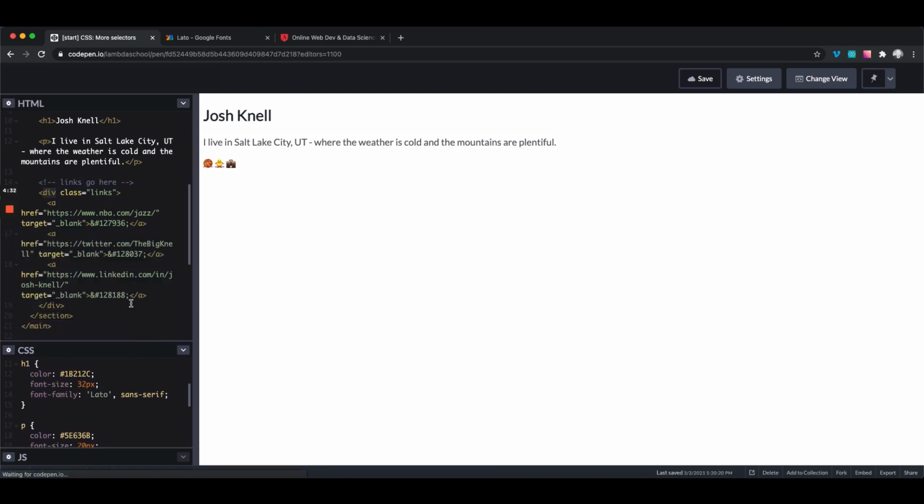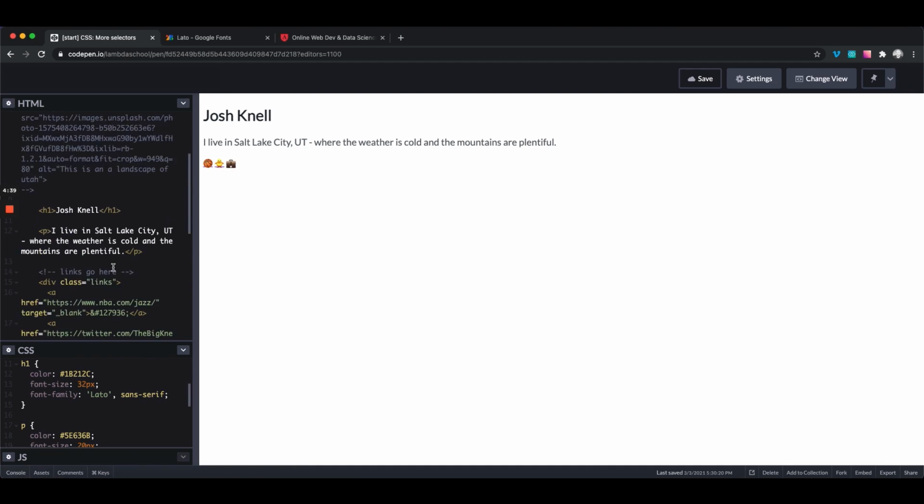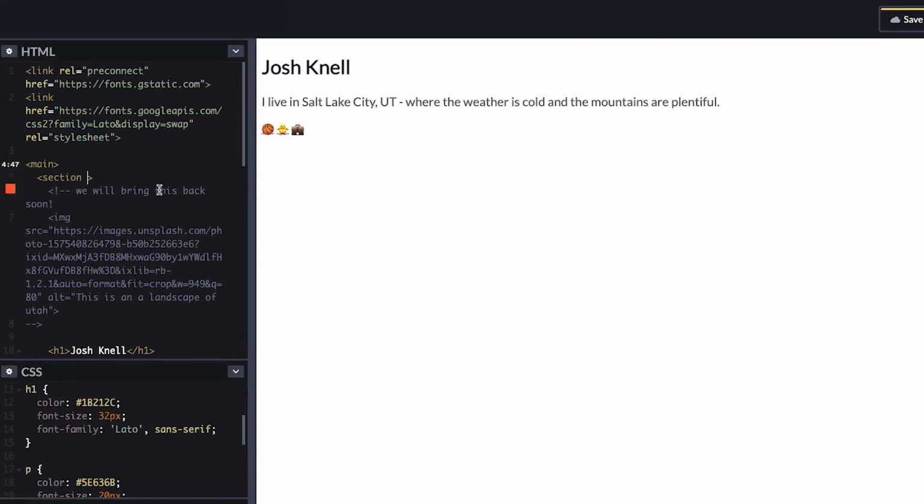Another place that we're probably going to want a class is going to be on our section tag. So section tags are very common in HTML. We use them a lot. And so we want to make sure that our section tag is differentiated from other section tags. So go ahead and join me in coding. Jump to your section tag and type class, assign the value of quotes. And then we're going to go ahead and utilize a class that's going to make sure that we understand that this is a card. So we're going to type card